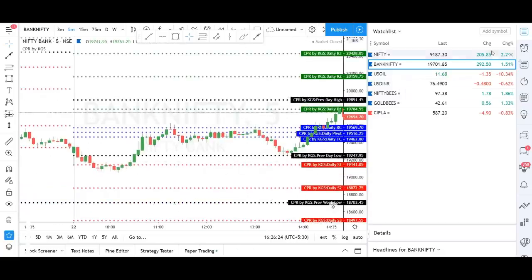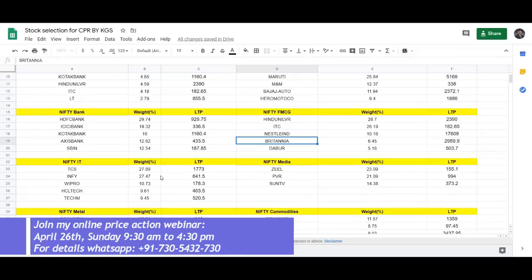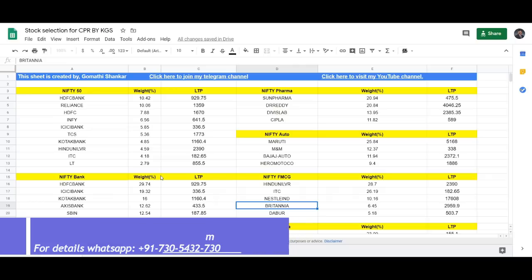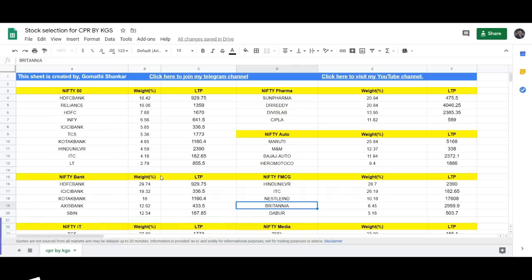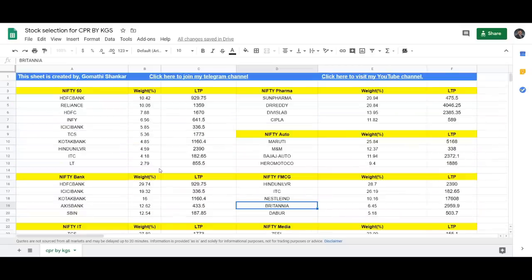So when you are selecting a stock, select high probable stocks. Retail traders are making a lot of mistakes in selecting high probable stocks. So only I made this Excel sheet for you. You can use this Excel sheet. I will provide you the link. By seeing this Excel sheet, select the stocks, draw trend lines, support, resistance, look for breakouts, and then use it